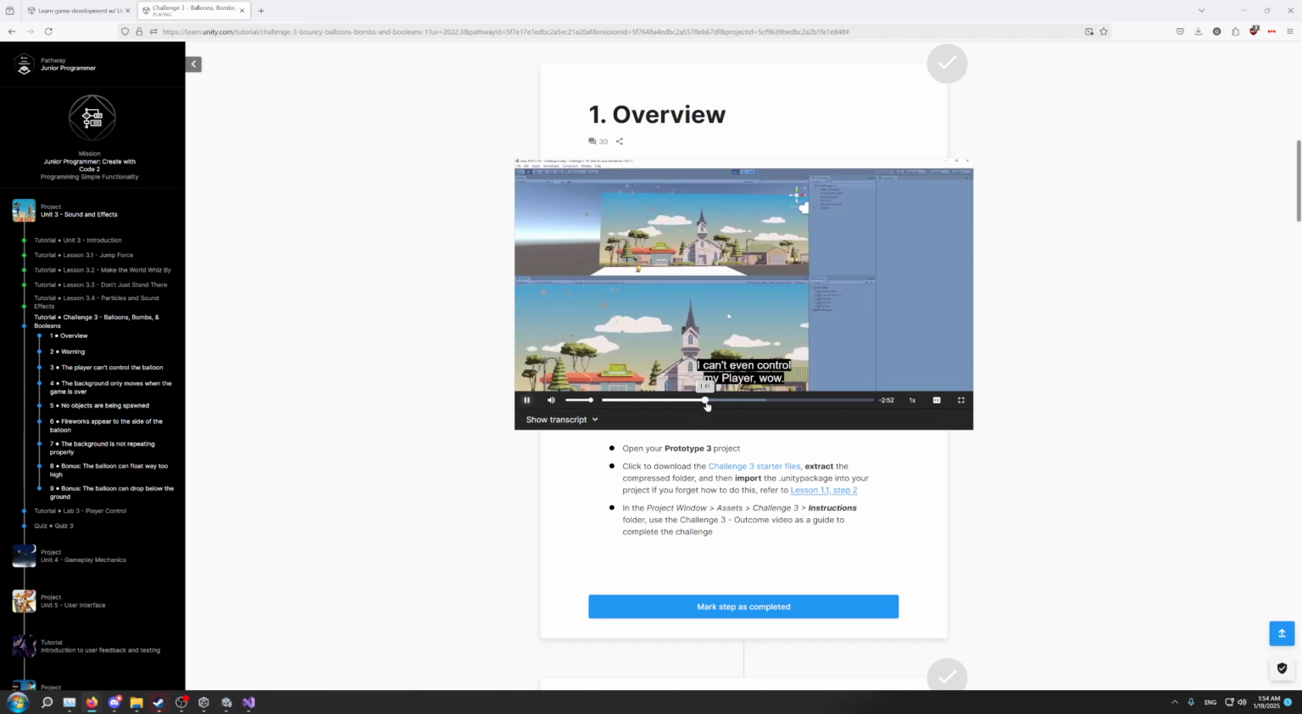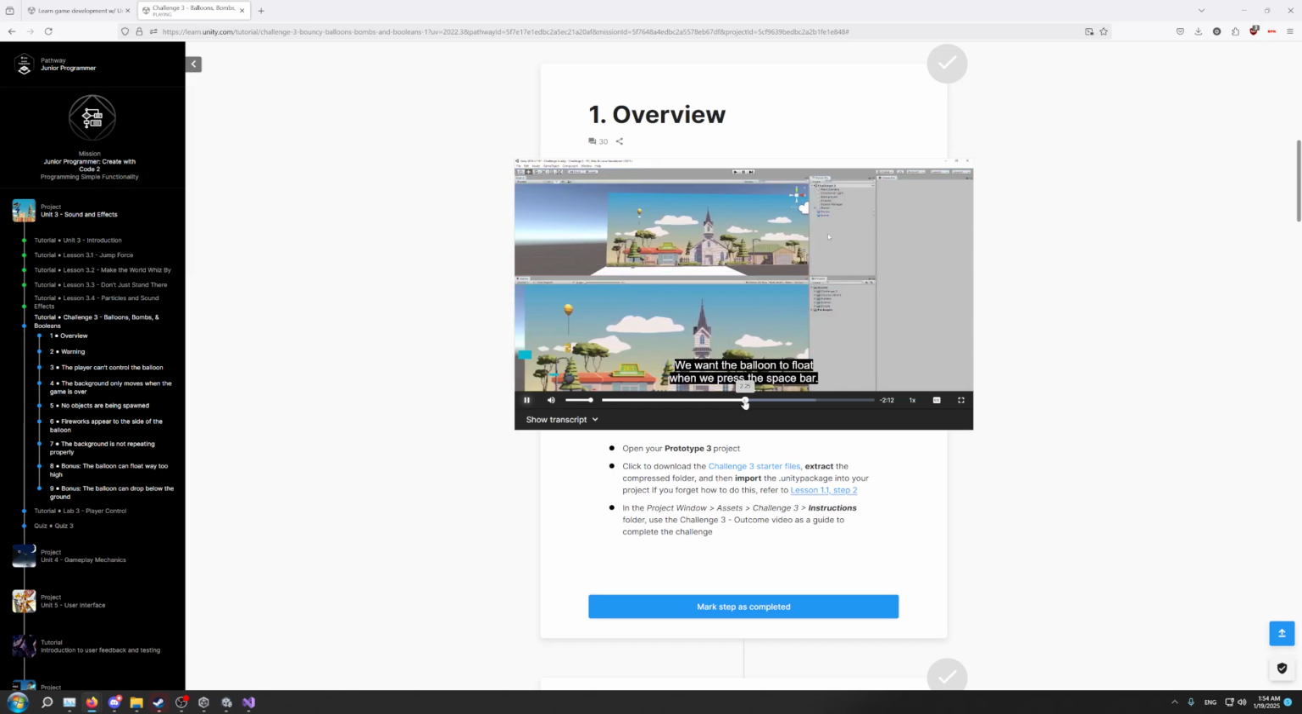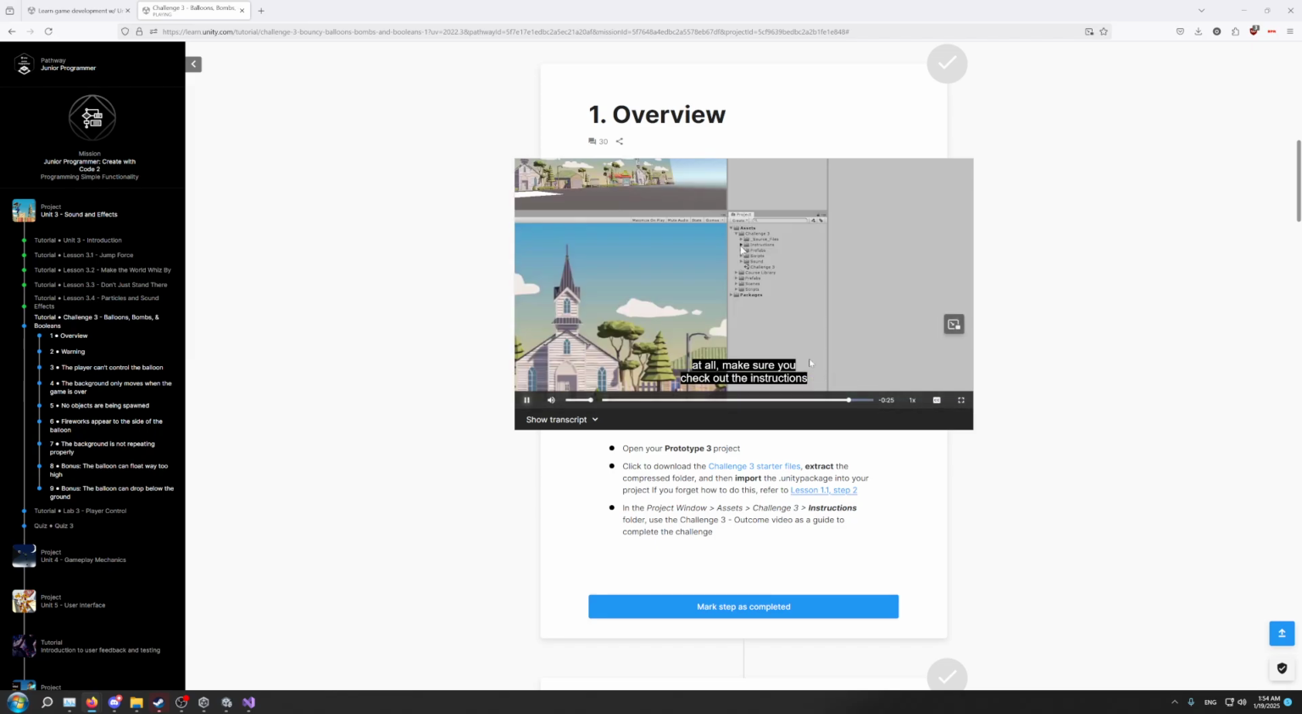I can't. Okay, well, let's figure out what we're gonna do. We want the balloon to float when we press the X are being spawned, right? Down to the ground. Cool little bouncy effect. You check out the instructions